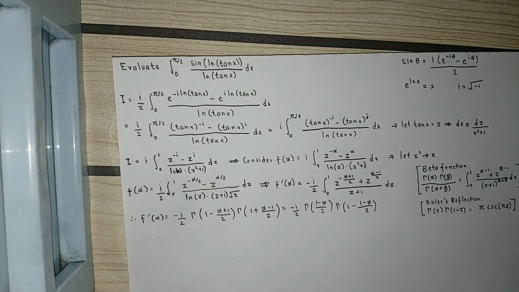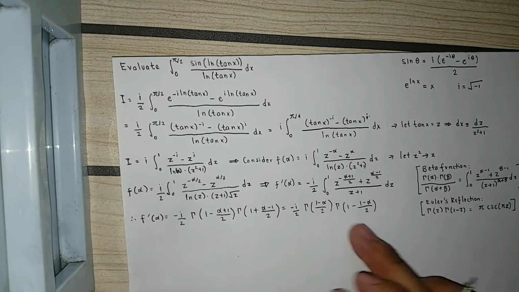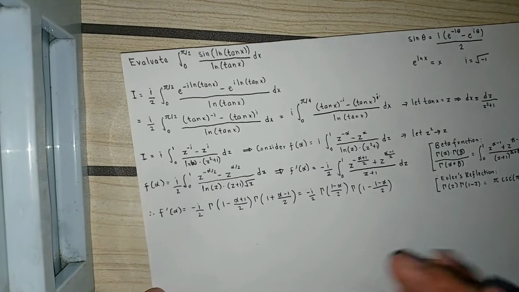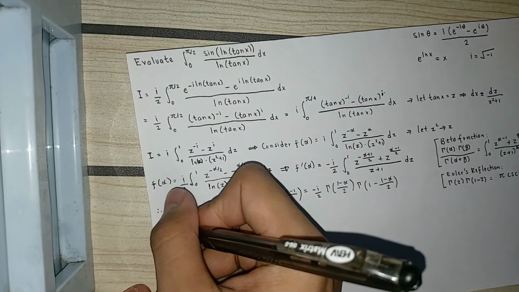So by simplifying these two gamma functions using this Euler's reflection formula,